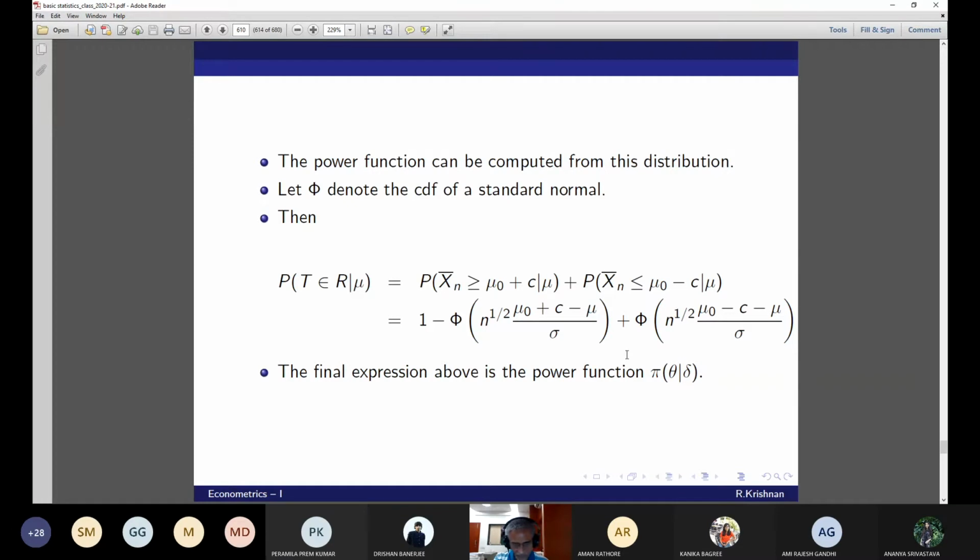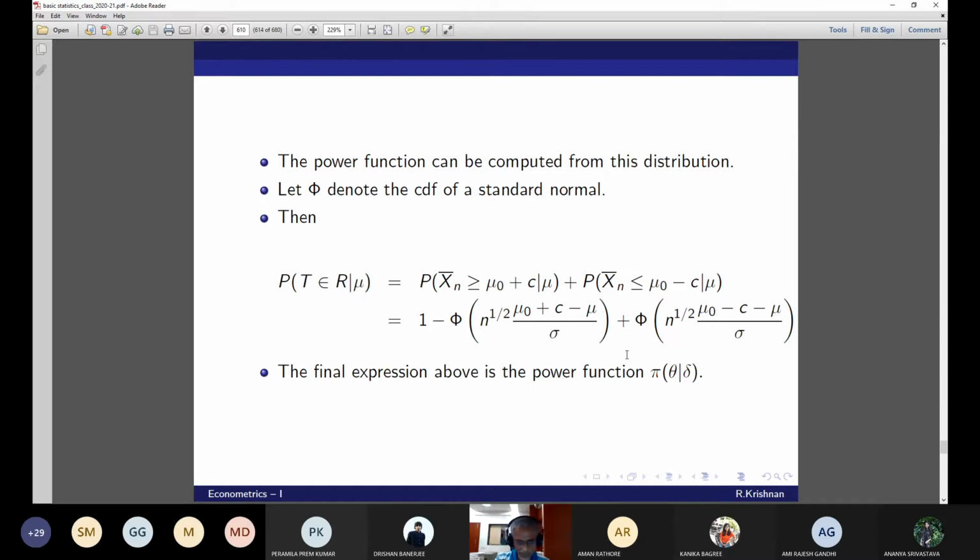Okay. This question is important for what we are going to discuss next. So the final expression is the power function. You take it down because I am going to explain. We are going to discuss the power function from a different angle. I don't see this in any online courses anymore, though it is discussed in some books. We are going to come away from the comfort zone of the normal distribution. We are going to discuss the uniform distribution where the parameter is unknown and you're going to estimate it.